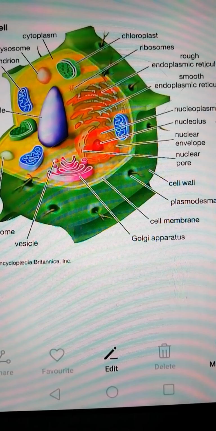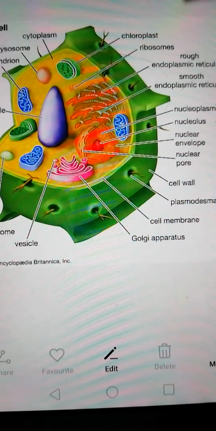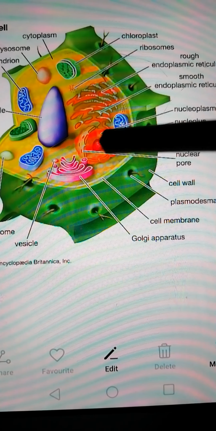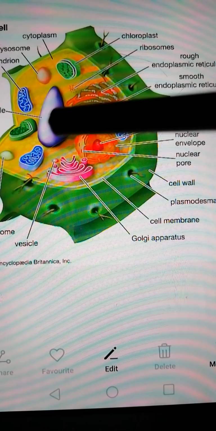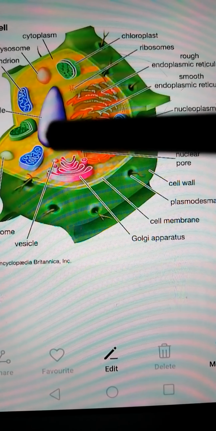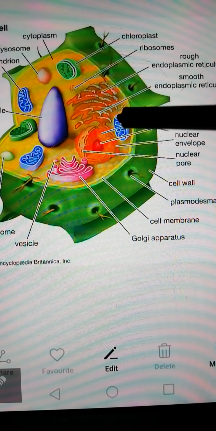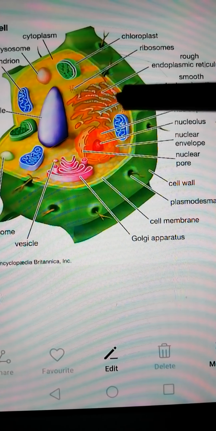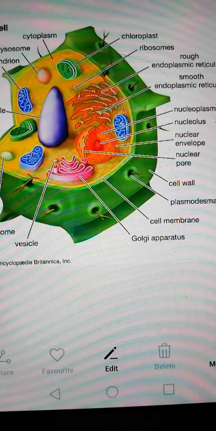One of the major scientists thought that the new cells are being formed from the nucleus and called it cytoblast. But it is not true. So the cell nucleus plays an important role in controlling the various functions and characteristics of the cell. So it controls all the other organelles of the cell. The nucleus is generally enclosed by a membrane. Membrane is the outer layer of the nucleus, which is known as the nuclear membrane.